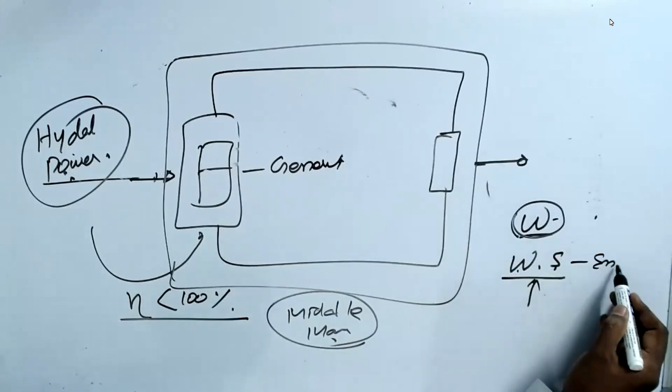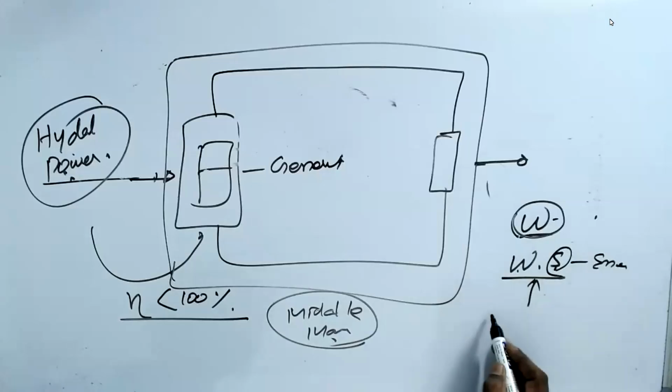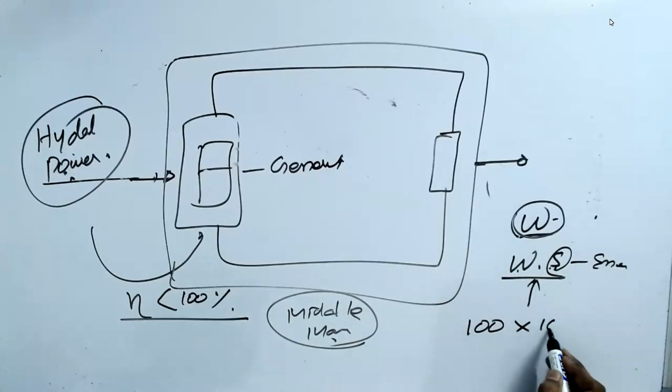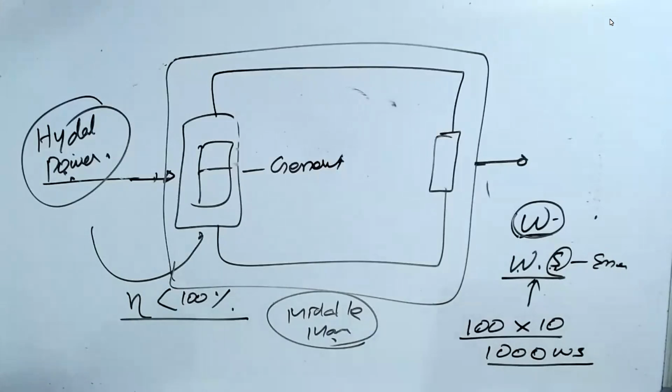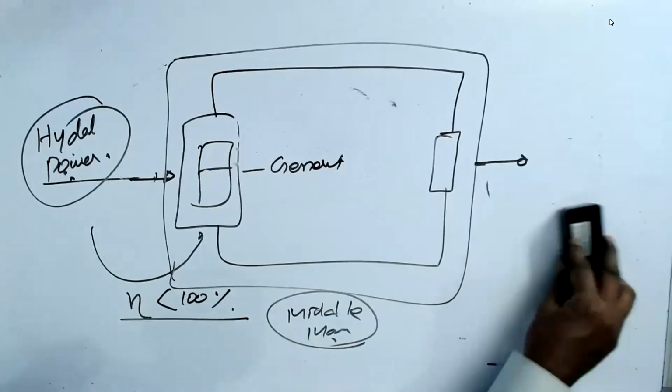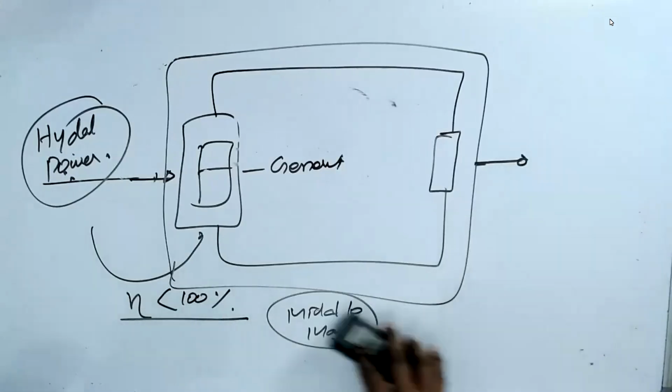Both are the same. That means if I have a bulb of 1000 watts for 10 seconds, then that is 10,000 watt seconds. Am I right? Or you can call it 10 kilowatt seconds. Whatever it is, you can say that. So don't get confused between watt and energy, power and energy.